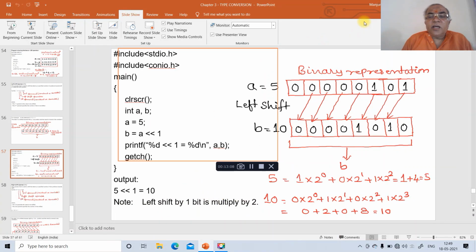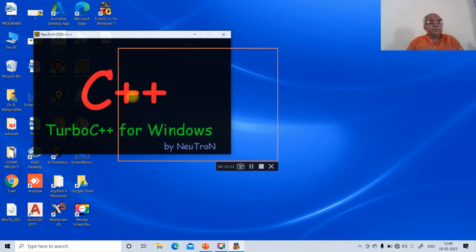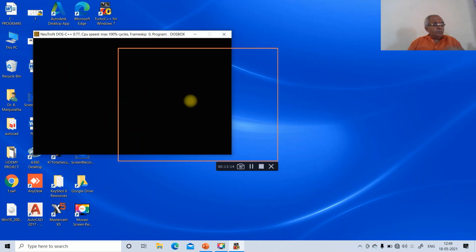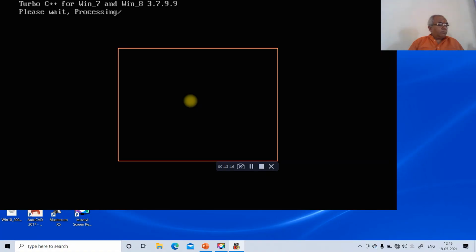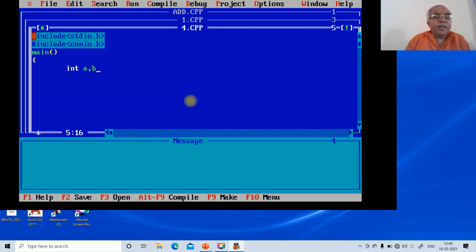To do that, first we will go to Turbo C++. Then we will write include stdio.h, include conio.h, then main, then open parenthesis, int a, b.